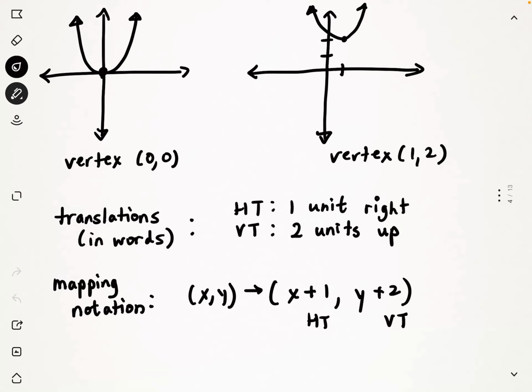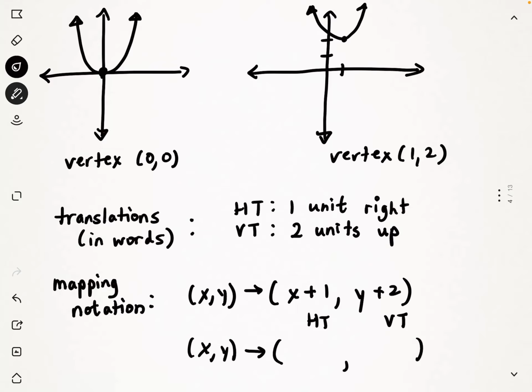Mapping notation is not necessarily the equation of the function, but it definitely describes what's happening. So every mapping notation is going to take this form right here, where we say (x, y) is mapped onto, and then what's going to happen is we have something after the x. Any number that shows up after the x is the horizontal translation. X is horizontal, left or right. So if it's positive, it's going to move to the right. If it's negative, it's going to move to the left. So you can see here that the x plus 1 represents a horizontal translation of 1 unit to the